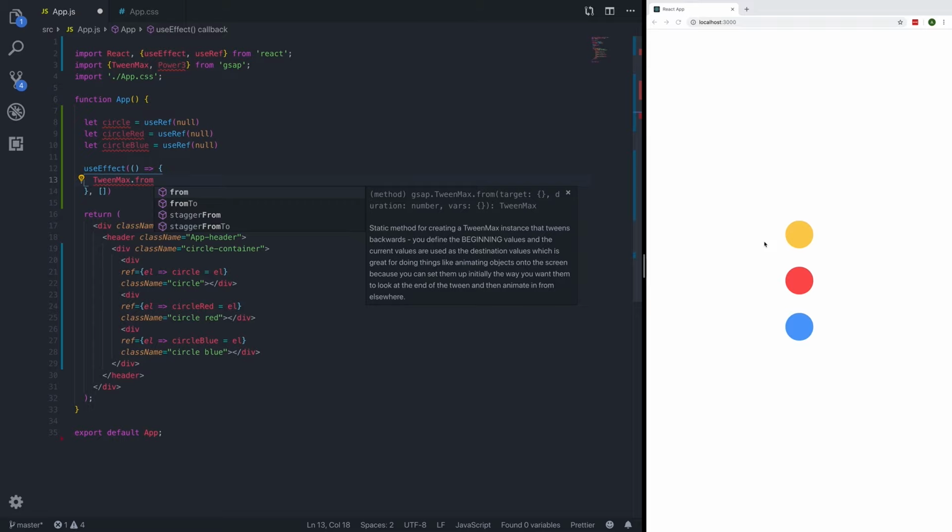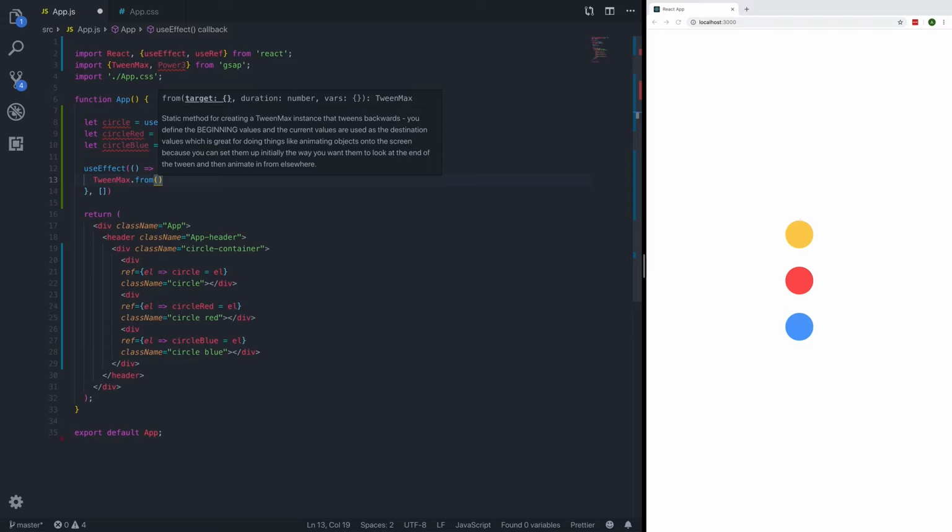So it's going to be set to an opacity of 0 and move to the right. And whatever animation happens will always come back to this one. The final state does not need to be defined. So typically with from, it's a lot easier to use and it makes more sense. So go ahead and list out the target, then the duration, and then the options that we want to lay